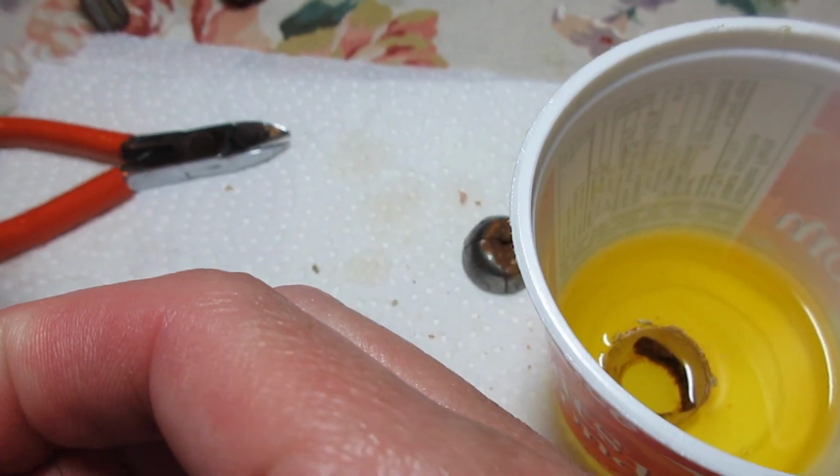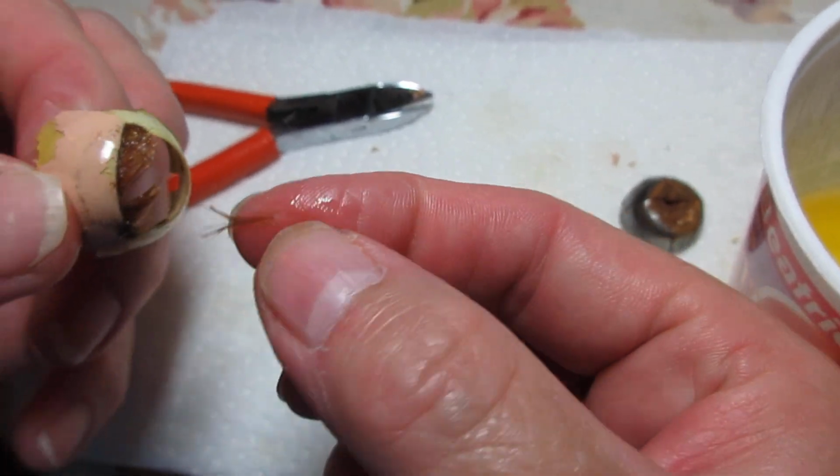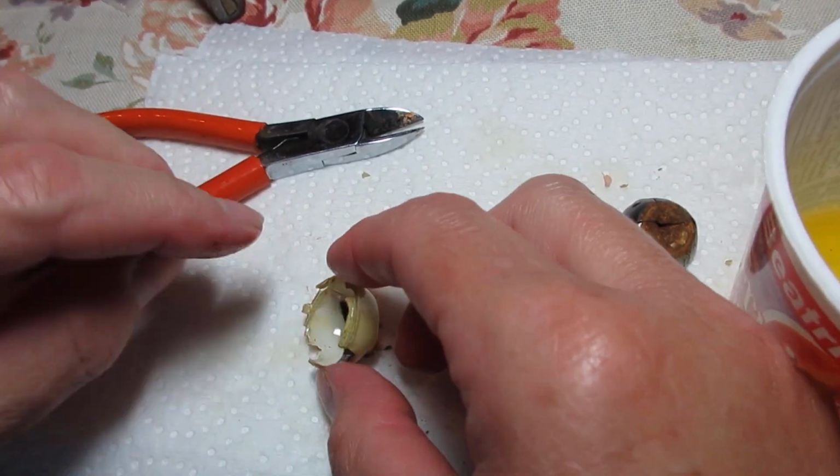I should have thought about bringing my tweezers out. No, they're not going to come out, but they're... Oh yeah, they're coming out. That was hardly a pull there. But I can get those out now. And I'll just work. You got to be...